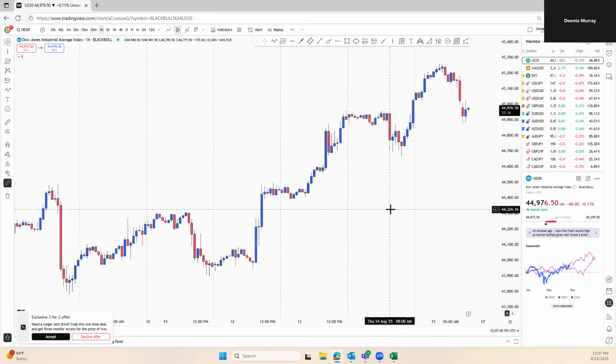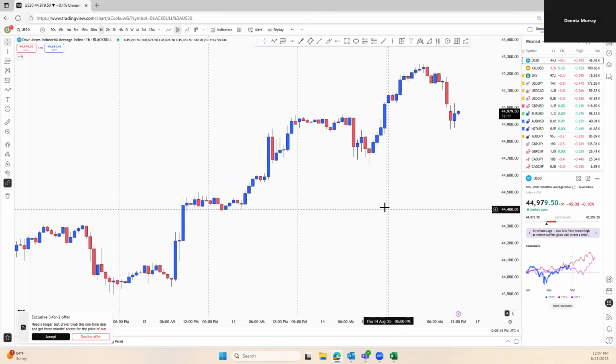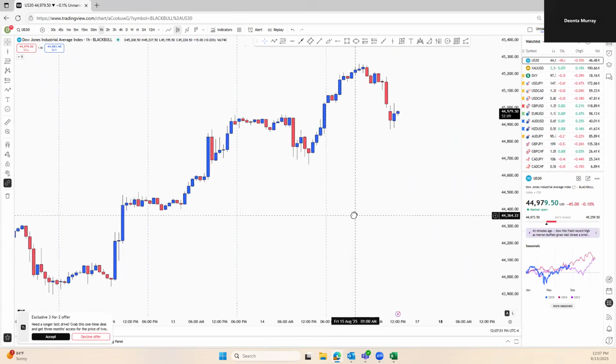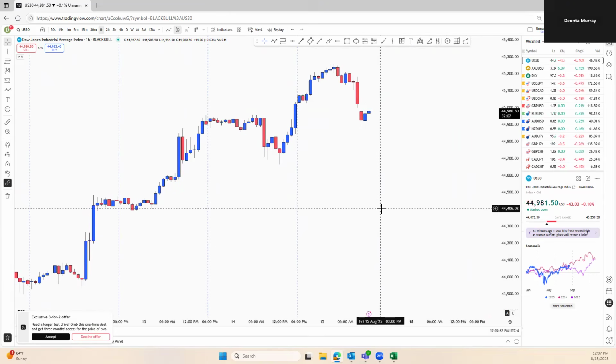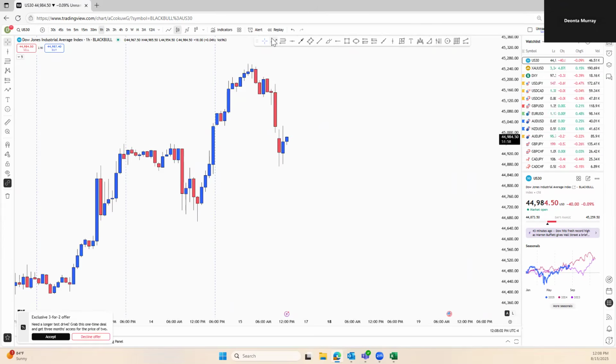If we consider ourselves intraday traders or day traders, the best one that I would like to show you guys today would be how to trade in the direction of the daily candlestick move. I'll show you how to do it here in a sec, but before we get started, I wanted to jump into structure, right? I hope you understand